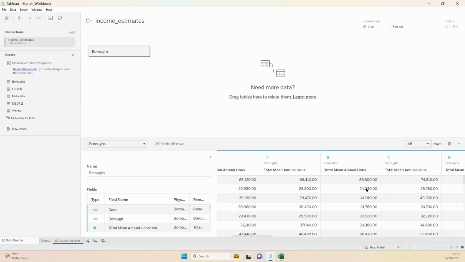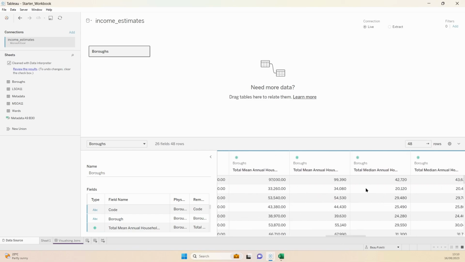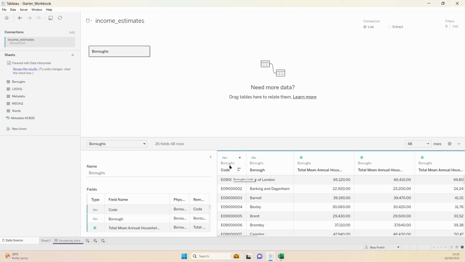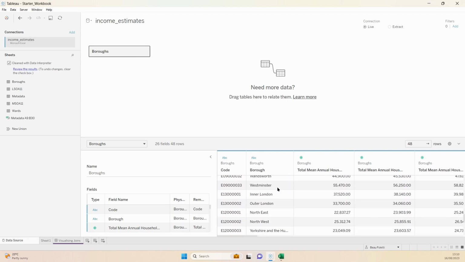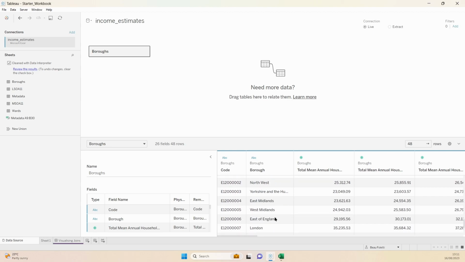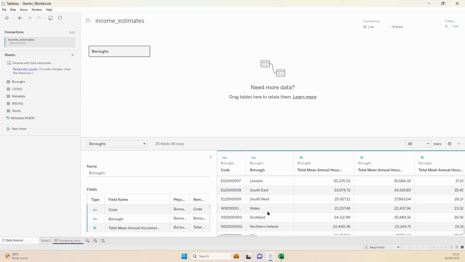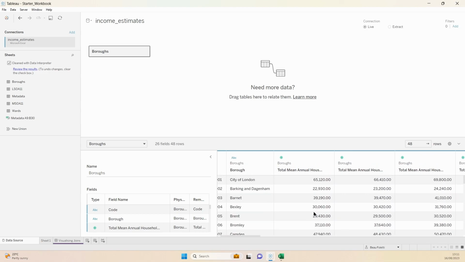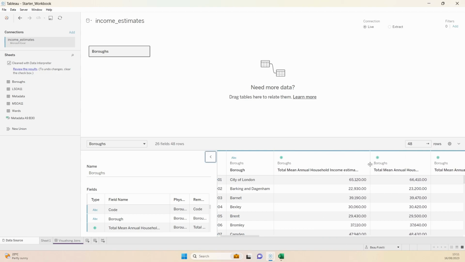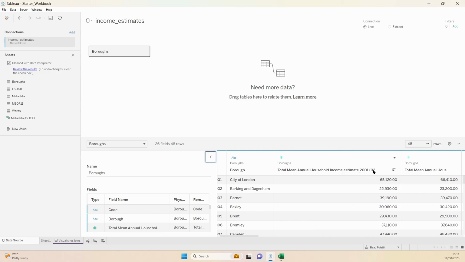And this is just a great way that we can start to check things through. We have a code here. This is a string, which is correct because we've got letters and numbers in there as well. We've got all of our boroughs here. If we scroll down, we should start to get these inner and outer Londons, the Yorkshire, Wales, Scotland, and the UK. And then we've got a different field for every single year that we have. So if I make this a little bit bigger, we can see that we've got our date at